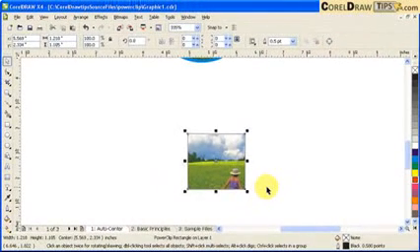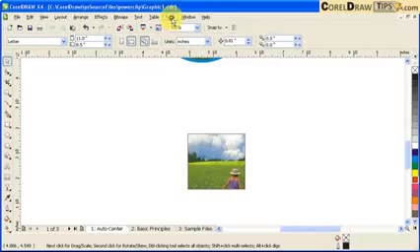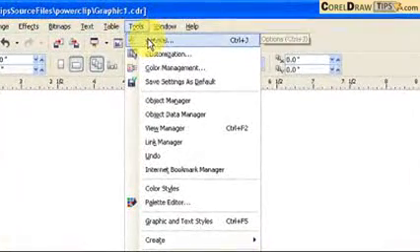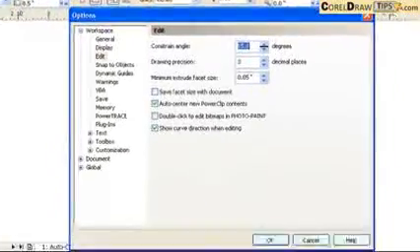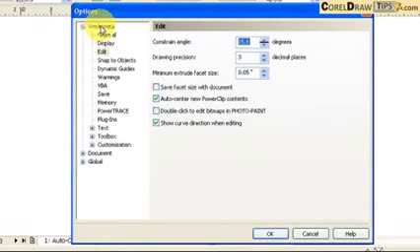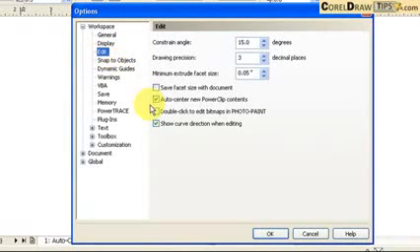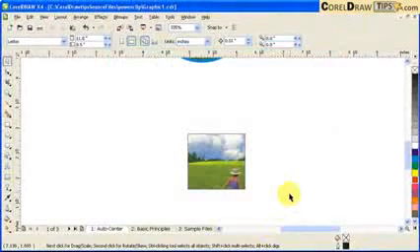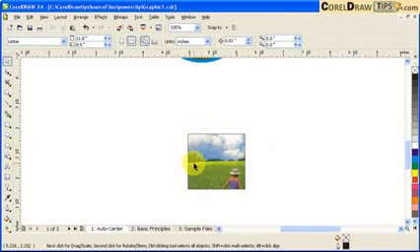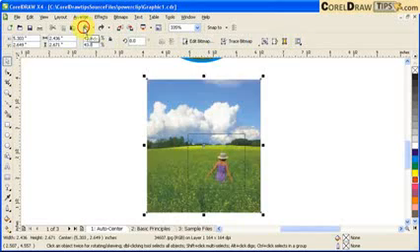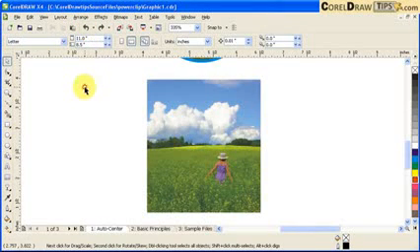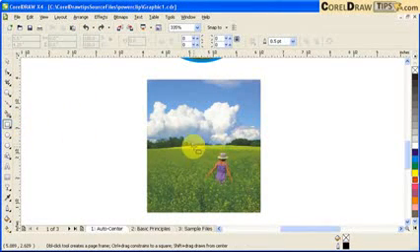So what happens here is that in your options, you go to tool options, because of the default option for Powerclip, you go to workspace and then click on edit. The default is auto center new Powerclip contents is checked. So I want you to uncheck that and click OK, so that when you're doing Powerclip, it won't auto center the picture. So I undo, undo, undo,